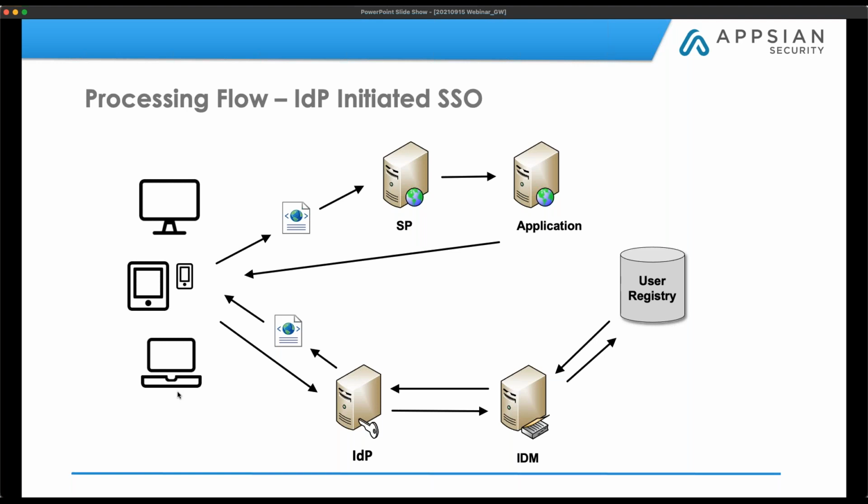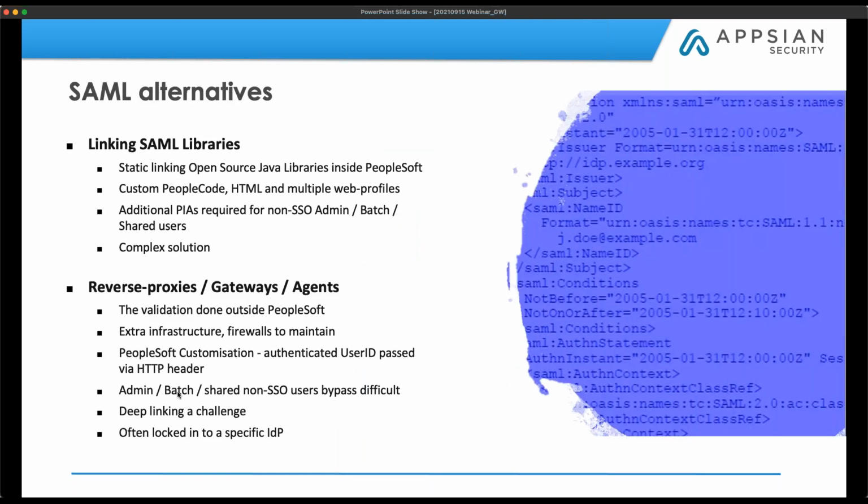It is because it's utilized so heavily. When we think about how the different SAML alternatives could be utilized, typically within a target customer environment, if they've actually gone in and done this, you're going to have to inject quite a bit of custom code into your system. So it's going to be custom PeopleCode and HTML. You're going to have to insert things inside of the PeopleSoft login process as a whole, and it's going to be challenging to work with, especially when you may have multiple different identity providers that you're going to have to code this for. Another common solution that we see quite a bit of is either reverse proxies, gateways, or agents,